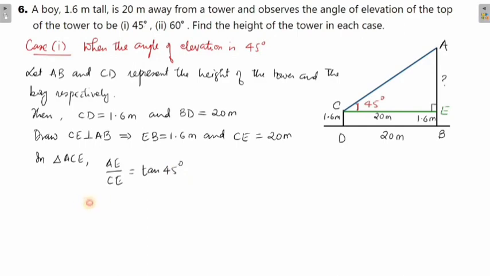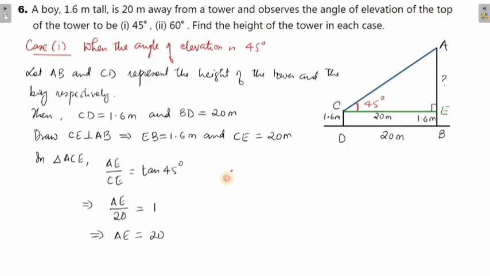Okay, so let's put the value. We don't know what AE is. CE, do we know CE? Yes, CE is 20. And what is tan 45, by the way? It is 1 exactly, isn't it? So do the cross multiplication. From here you get AE equals 20 into 1, which is 20, right? So therefore